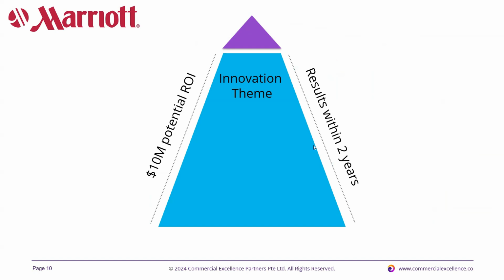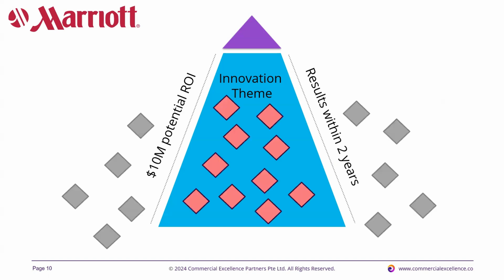And so once we're aligned as management on what that landing zone looks like for us and what we're comfortable with, we communicate this guidance to the organization. And we tell everybody, hey, we're welcoming your ideas. We want you to go in this direction. But as you go in this direction, please keep in mind, these are things that we're going to be looking at assessing to see which projects we fund. So we want projects with a potential $10 million ROI, and we want projects that we can get results from within 2 years. Now the organization knows, and you start getting lots of ideas coming in.